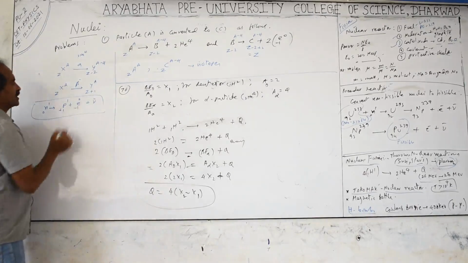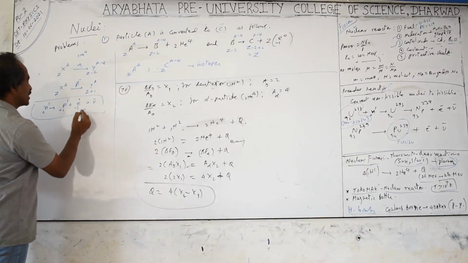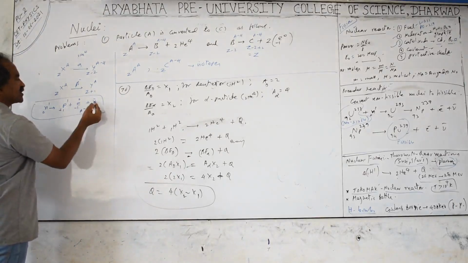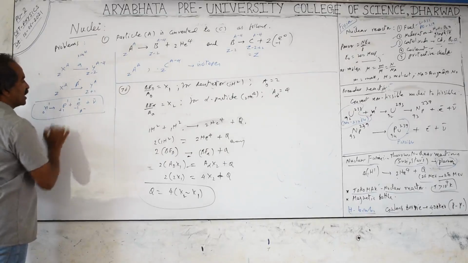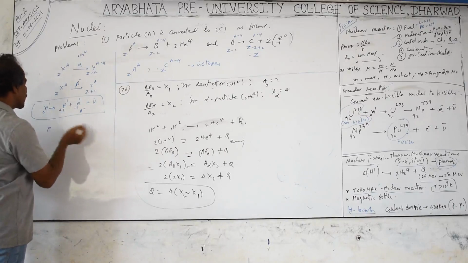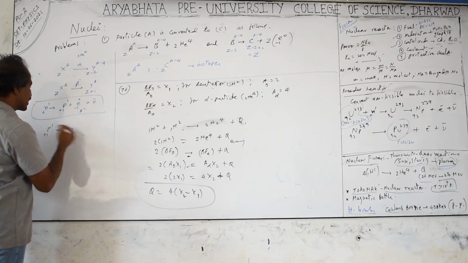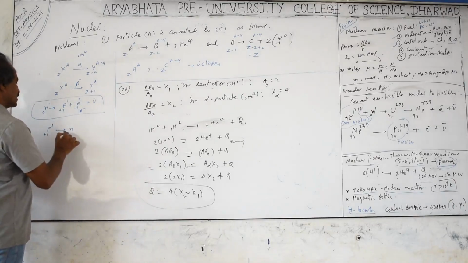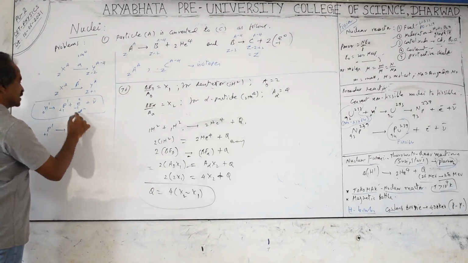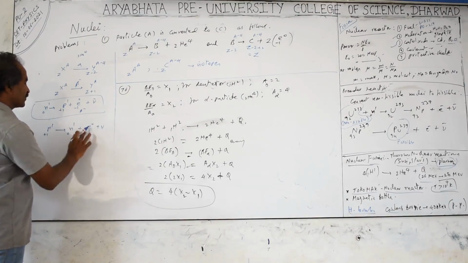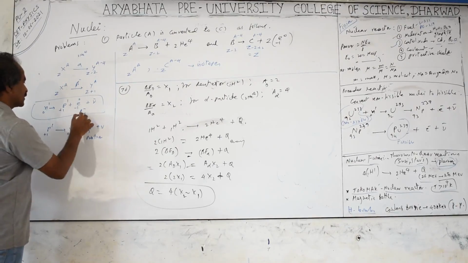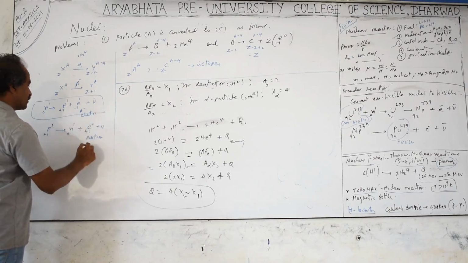But if it emits beta minus particles, beta minus means electron emission. Whenever an electron is emitted, an antineutrino is produced here. A neutron is converted into a proton. Whenever a neutron is converted into a proton, you will get the beta minus particles. And a proton can be converted into a neutron. Protons converted into neutrons, a lighter particle inside the nucleus. With charge plus 1, mass 1, you will get beta plus particles. This is called a positron, the antiparticle of the electron. This is the electron. This is called a beta plus particle.